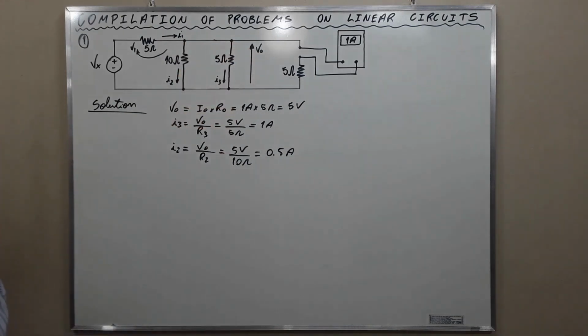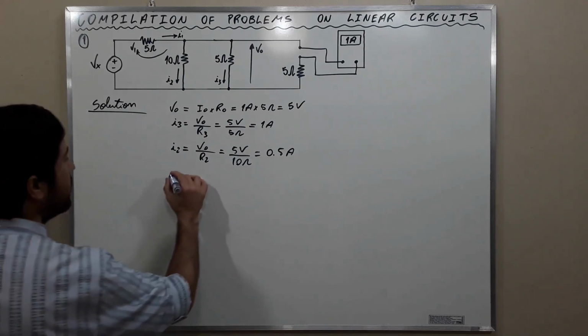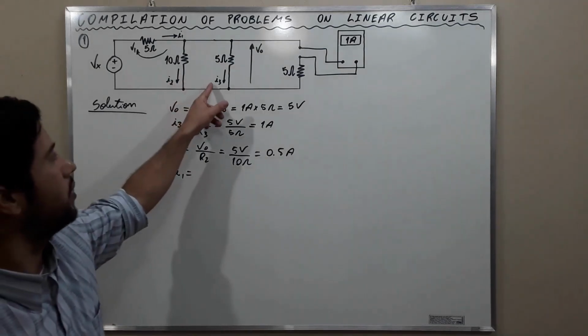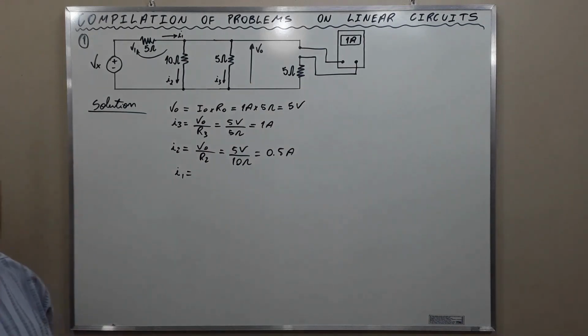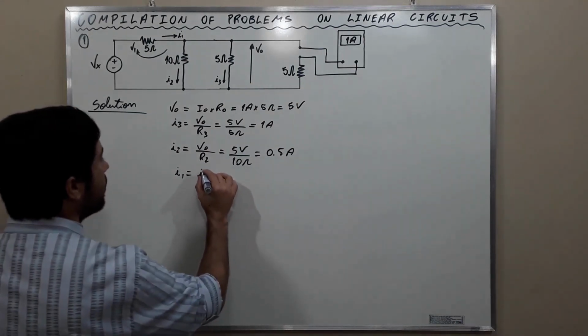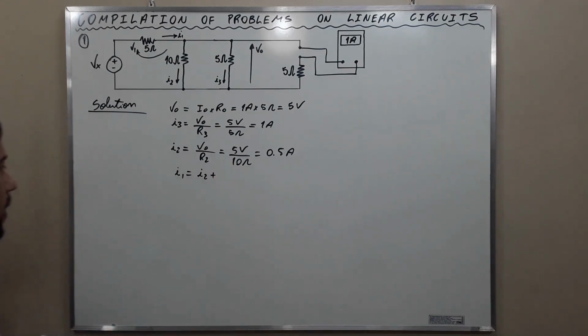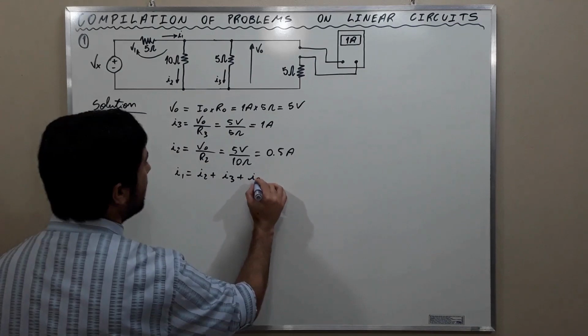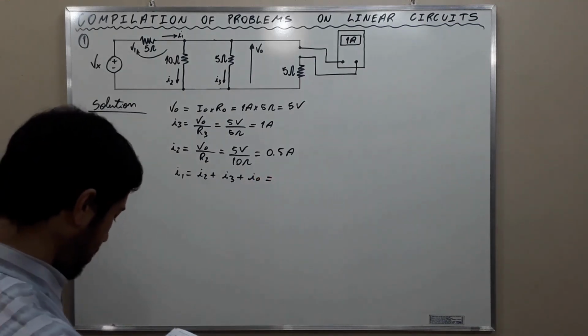The nodal rule says that the sum of the currents that enter a node must be equal to the sum of the currents that leave a node. Okay? So I1 is the current that enters the node. I2, I3, and IO are the currents that leave the node. Consequently, I1 is equal to I2 plus I3 plus IO, which is going to be